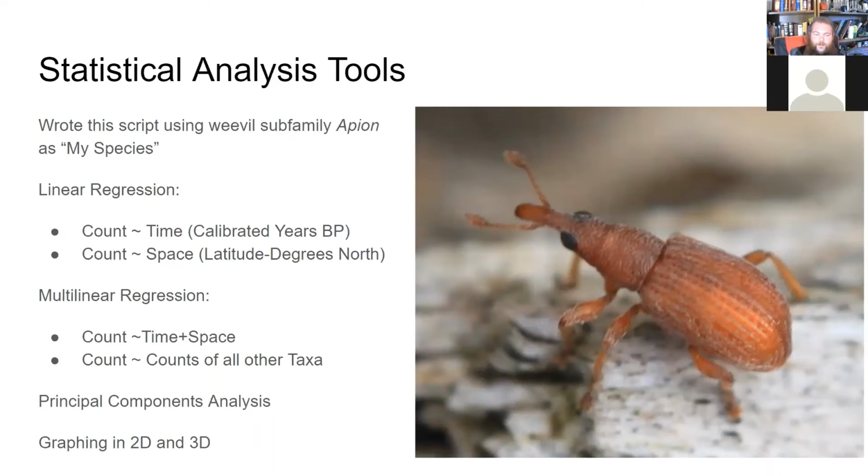Now, a principal components analysis is sort of like using multilinear regression to generate artificial variables, and then you can see groupings that might not otherwise be visible using these artificial variables. That is an incredibly brief statement of what PCA is, but that can start to allow us to look for patterns in the data. And then we're interested in graphing these distributions in 2 dimensions and 3 dimensions.